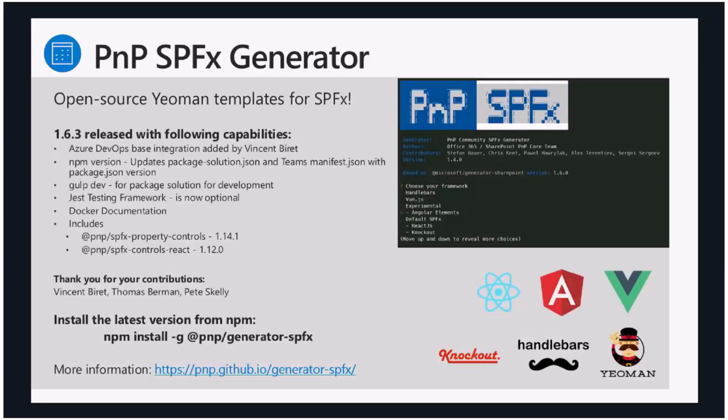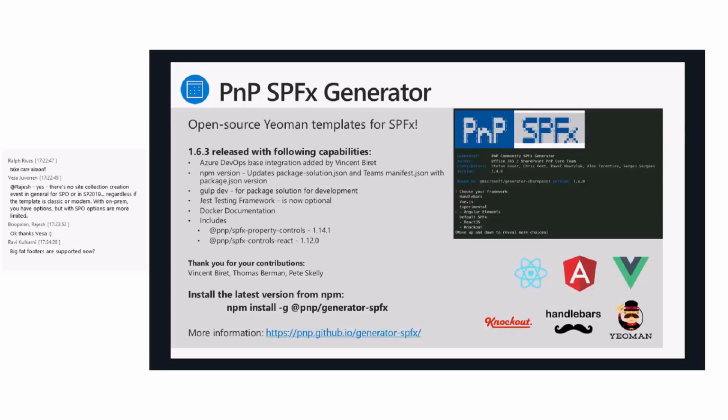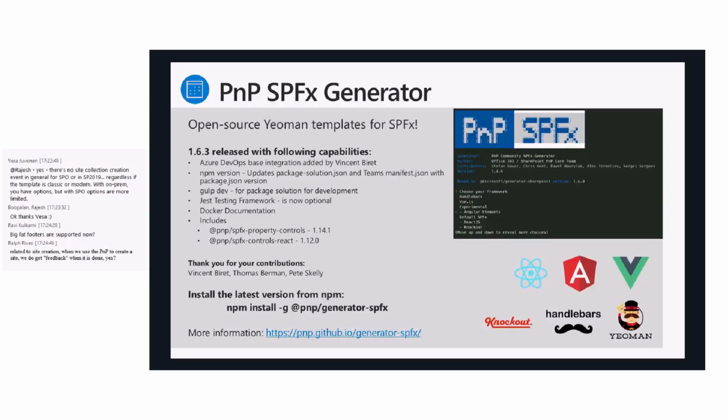We also have a small piece of documentation on our documentation page that gives you a short Dockerfile for when you want to create a Docker image for yourself. We got this request on Twitter: how can I build a Docker image with PnP SPFx? We took a look and figured out there's a small problem there, which works a little bit differently than the regular SPFx generator Dockerfile, and we pushed the documentation there in case you use Docker.